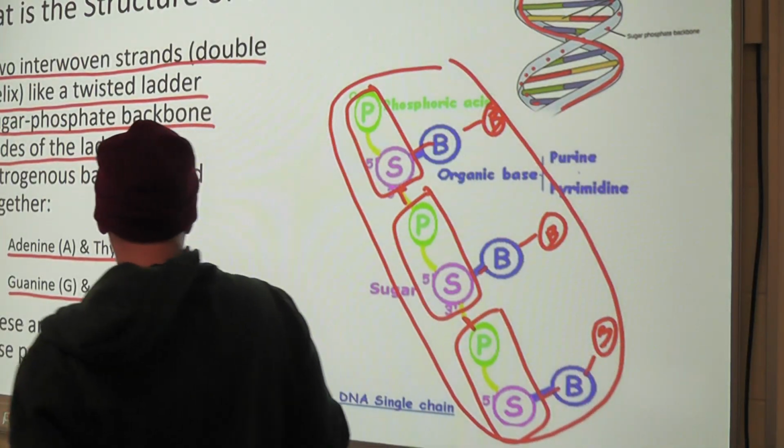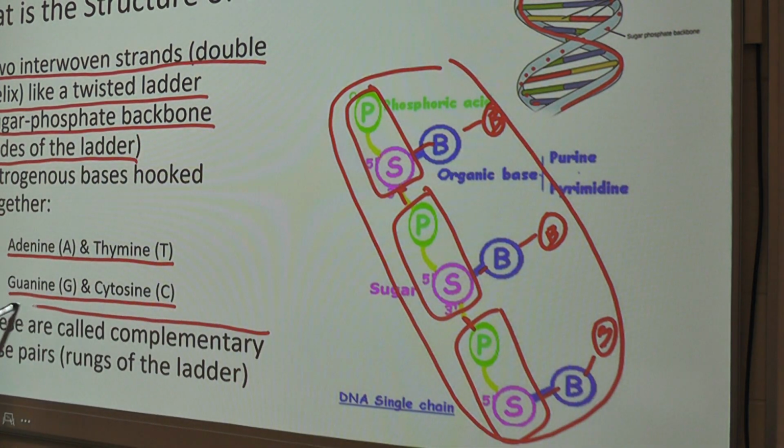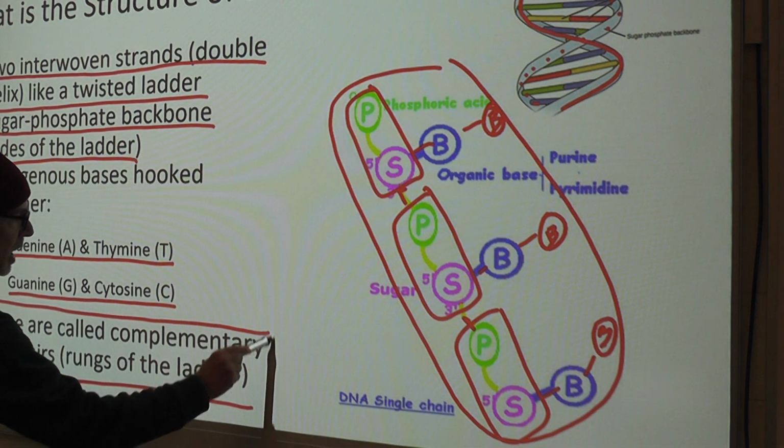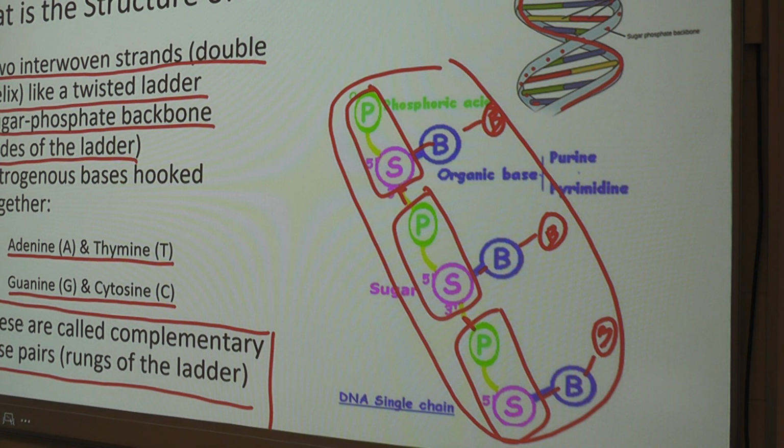And these connections between the base pairs are called complementary. Complementary with an E, not with an I. Complementary with an I